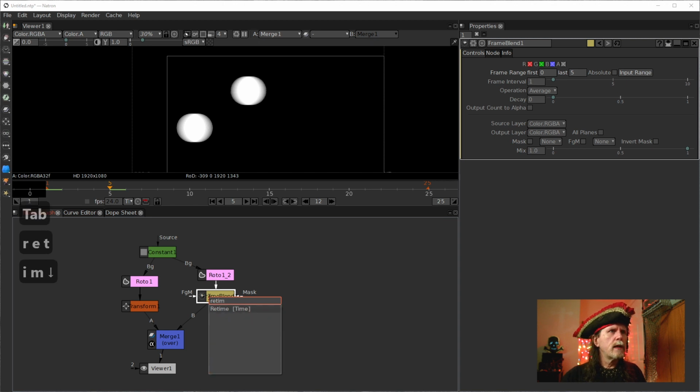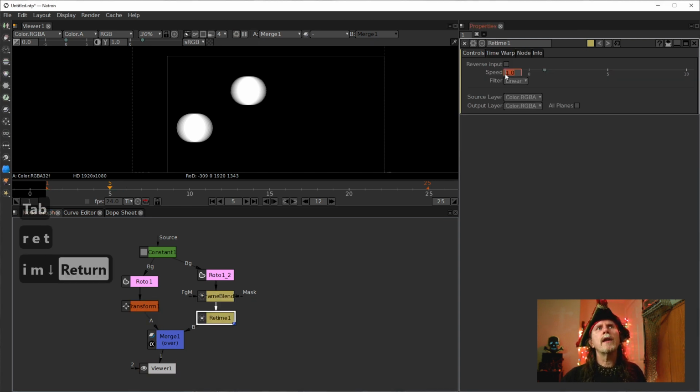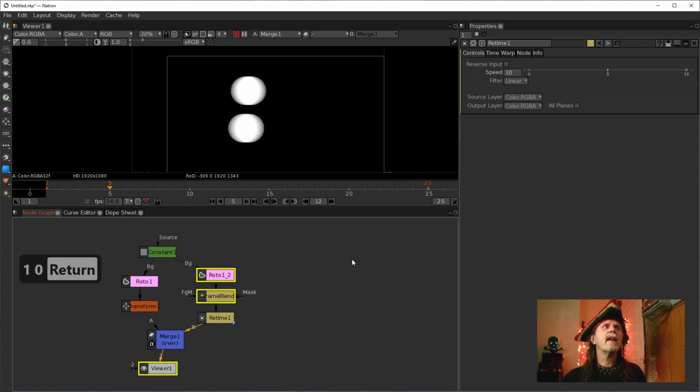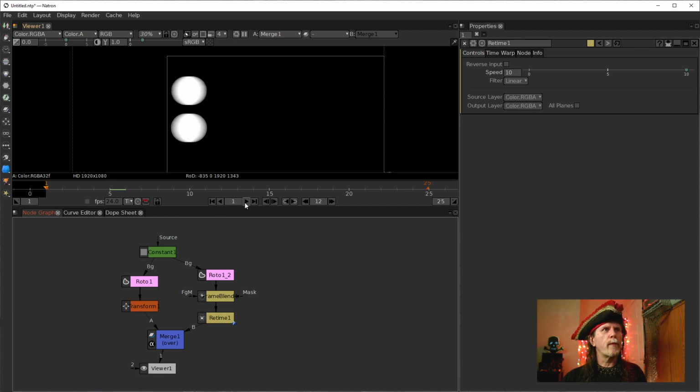Retime. We put this retime node in, and we tell it that however many frames we've added in between, we want that many frames in addition to it. So we say that we want this animation to play, instead of 1 to 1, 10 times faster. And by telling it we want it to be 10 times faster, now this should be, in theory, the same speed from end to end. So if we hit play, actually